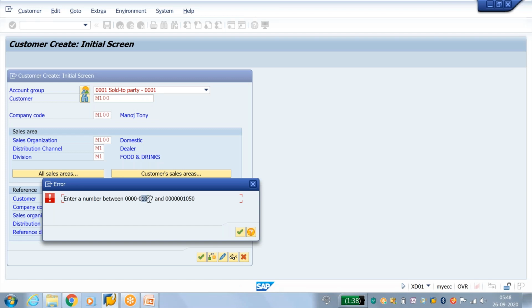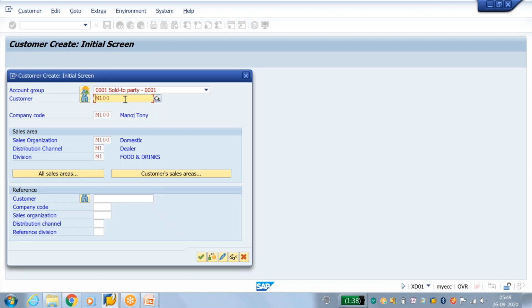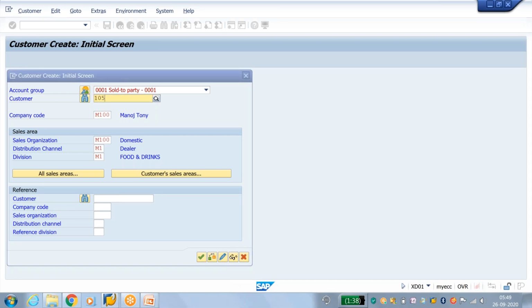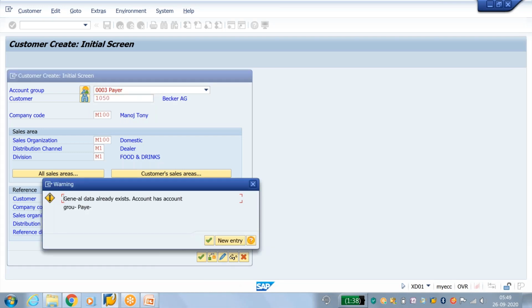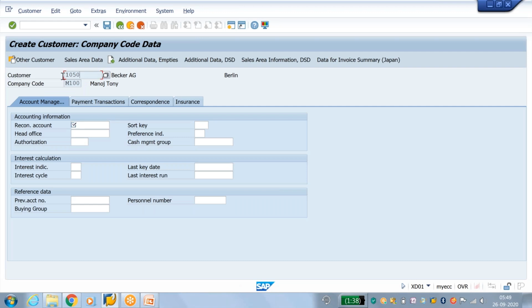You have to insert between 1047 and 1050. Now I'll go to 1050. Enter. So this will be your customer number.